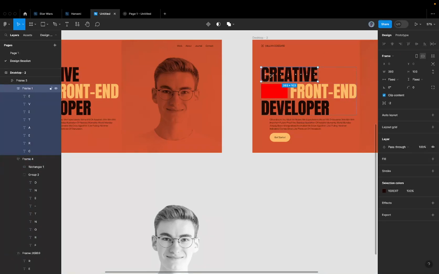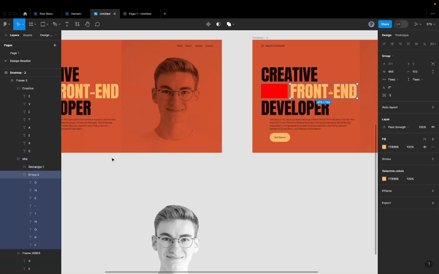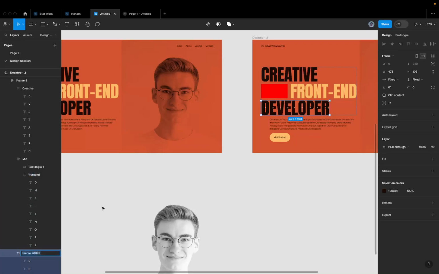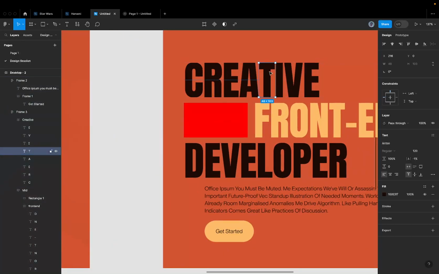So frame. I'm going to call this one creative. Name this one front end, or just name it anything really. Mid. Select the group of the front end, and convert it to a frame. So you can change from group to frame, and change the name to anything. I'm just changing the name for posterity's sake. Front end. Okay. Developer is already a frame, so I'm just going to rename it to developer. Cool. That's done. So like this, I have each multicode text as individual letters